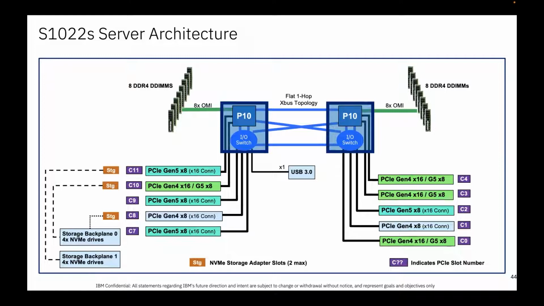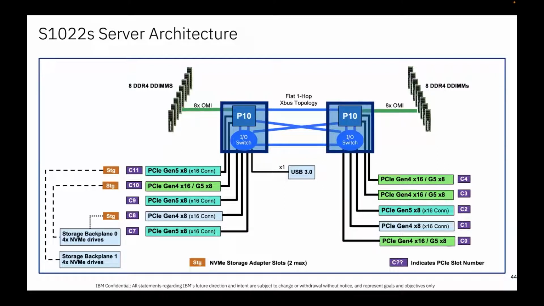So this looks very much like a 2-socket 1014, if you will, which is interesting. So we do get some relief from just 5 slots, we get all 10 slots in the sky. And